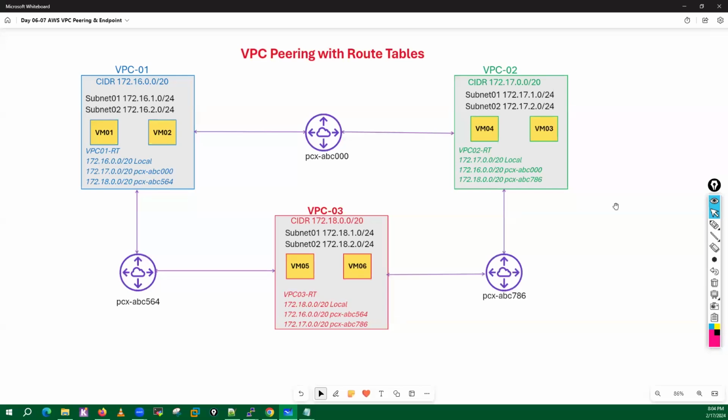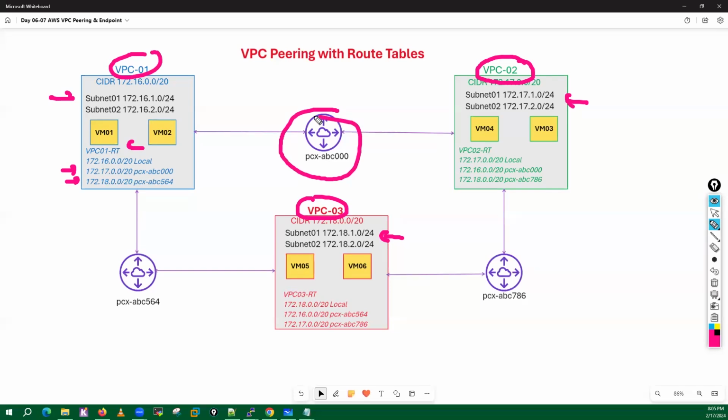Now, in VPC peering, let me tell you, see, if you have a setup like this, I have VPC0, VPC1, VPC2, and VPC3, right? And I have two subnets in each of these. Now what happens? In the VPC route table, you have to add two routes if you are creating the peering between VPC2 and VPC3 on VPC1. One route points to this particular peering connection, and another route points toward this peering connection. You can see the routing here.